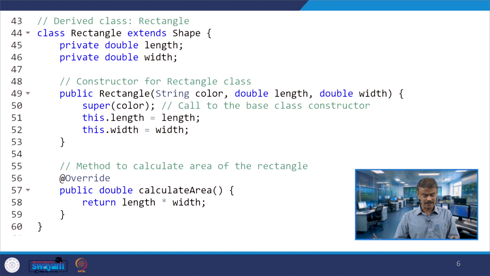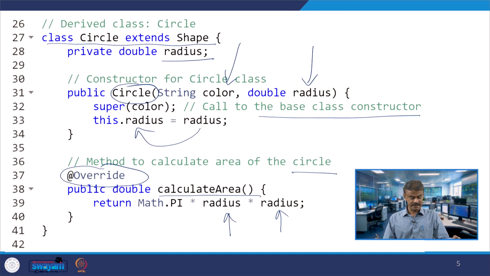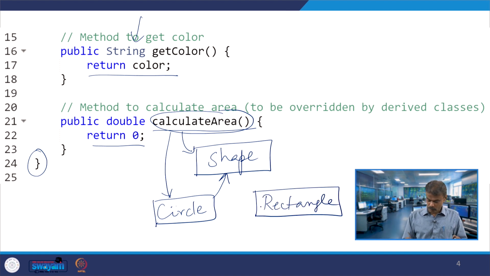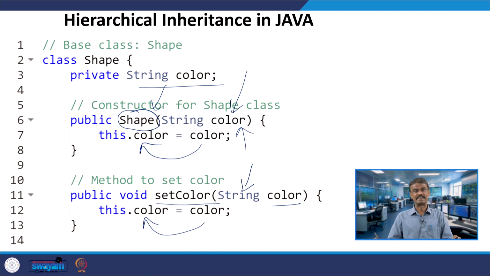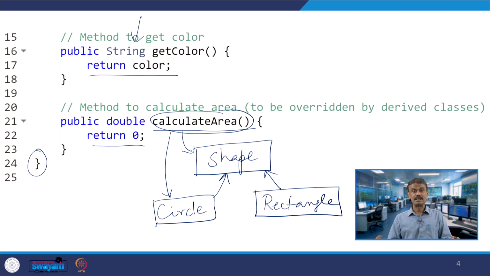What about another class? Another class is rectangle. Rectangle is also extending shape, right. Let us see, I will put the diagram. So the rectangle is also extending the shape. That means this is a perfect example of hierarchical inheritance. The class circle is inheriting class shape, and rectangle is also inheriting class shape, right. So, this is what is exactly happening.